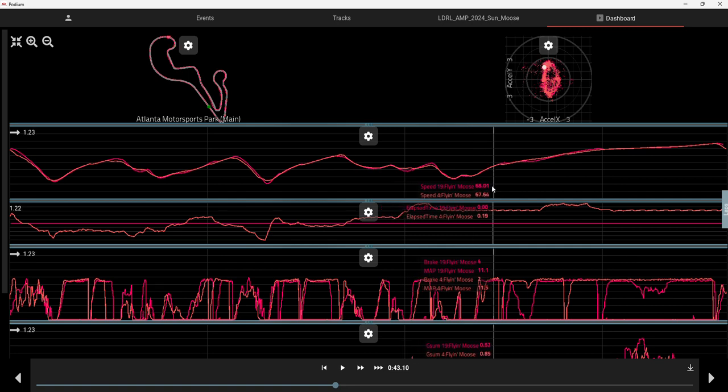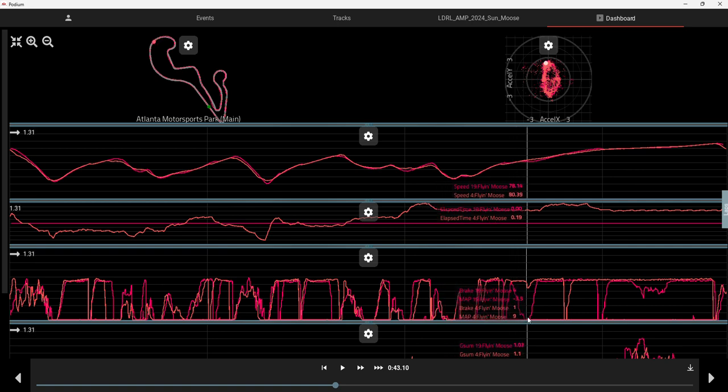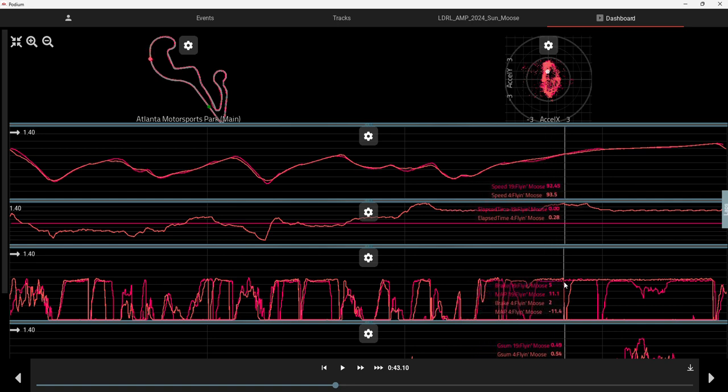Here we've got this long sweeper. I like the throttle trace down here, where the orange line is me and the red line's him. You can see where I blip the throttle a little bit, trying to get the car to power down. Here he has to really come out of the throttle a lot, where I came out of it just a little bit. Going here, we're in the middle of the turn. Obviously, I probably got a little shifty. I could pull up the steering angle, but I don't have it right now. Obviously I blipped out of the throttle for just a split second and then got back on it.